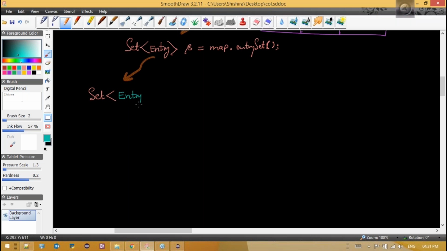Each entry is taking a key-value pair, K comma V, because an entry is represented in this way. S equal to map.entrySet. Basically, what I'm representing is one generic within the set here. That's it. Set of Entry